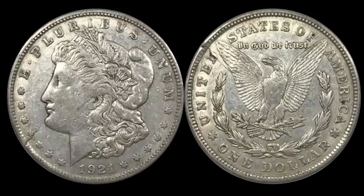They could look like this, where the actual planchet was cracked at one point. You can just see it right here, that crack that goes all the way to the edge. You could see it in the same spot on the reverse. So the crack obviously affected and went through the entire planchet, where you could see it on both sides. All right, so sometimes these cracks will get bigger. You'll have a fissure where you actually can see through that spot, see like the light at the end of